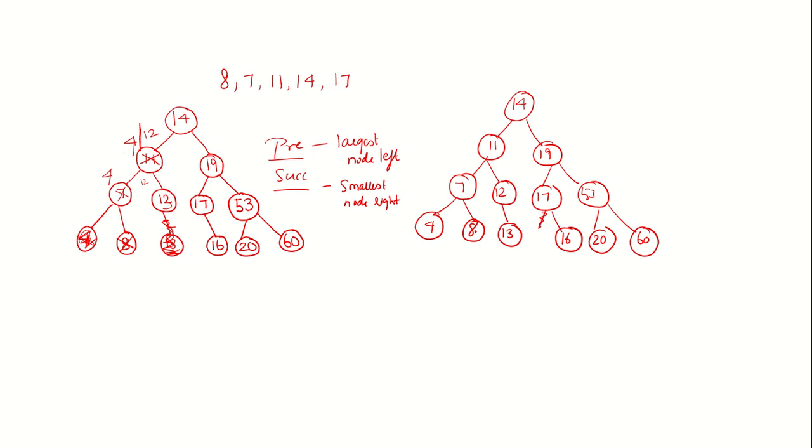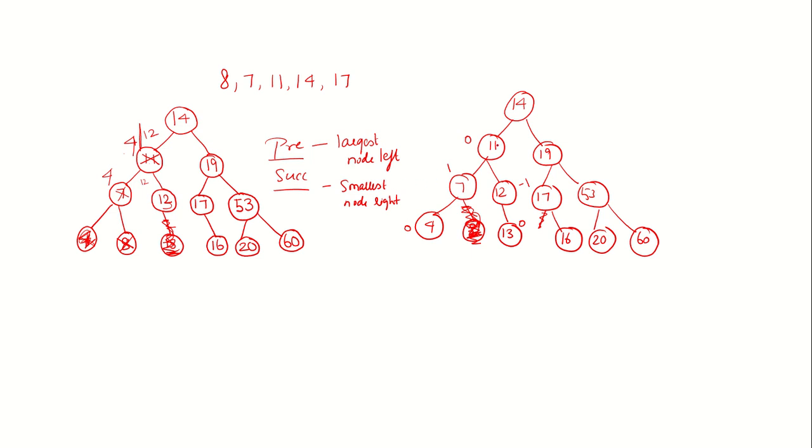Okay, now let's delete 8. If you delete 8, you know it's a direct delete. So I'm deleting 8. Now check the balance factor. So this will be 0. The balance factor is the height of left minus height of right. So height of left is 1 minus 0, so this will be 1. This will be 2 minus 2, so this will be 0. This will be 0 minus 1, so this will be minus 1.